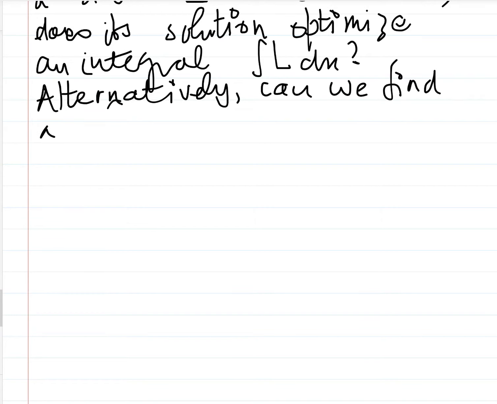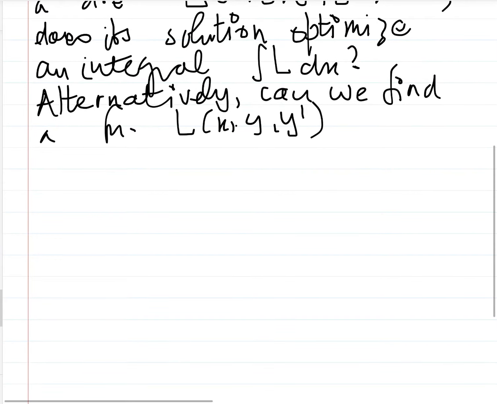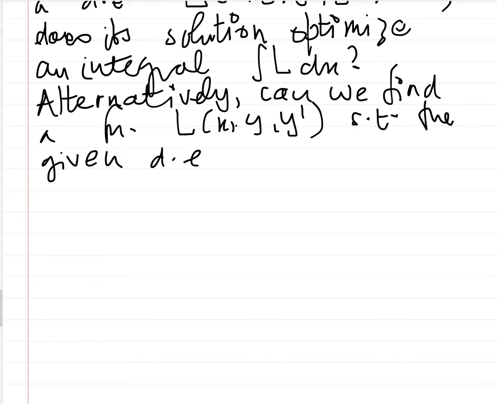Can we find a function, say L of x, y, y dashed, such that the differential equation I mentioned, the given differential equation, which recall was E of x, y, y dashed, y double dashed equal to 0,